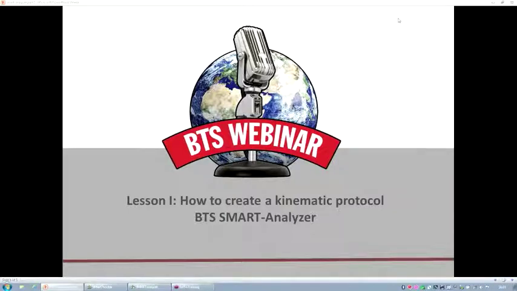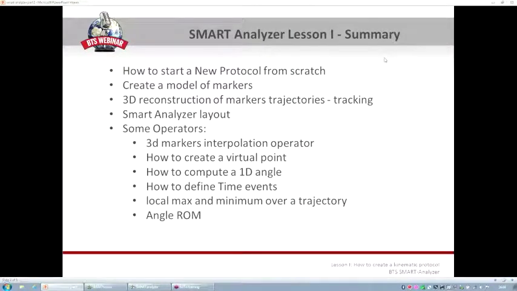This is going to be the first lesson about how to create a protocol with the Smart Analyzer application, starting from kinematics data that have been collected by means of the BTS Smart 3D Motion Analysis System. This is the agenda about the topics that will be discussed during this first lesson. We will cover all the required steps to create a new protocol starting from scratch,